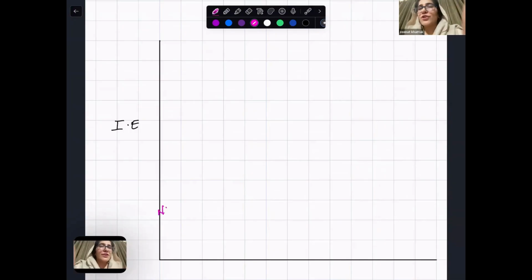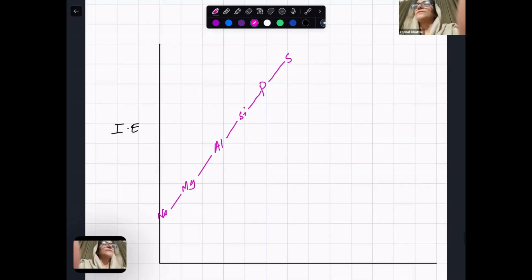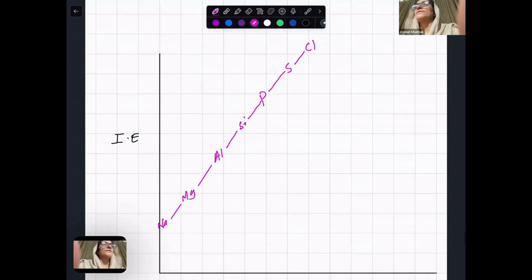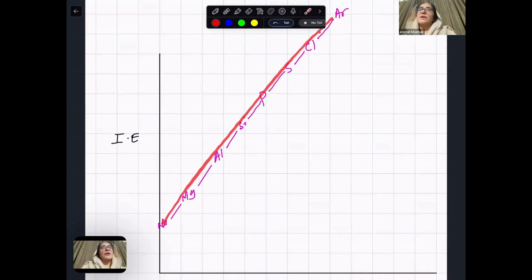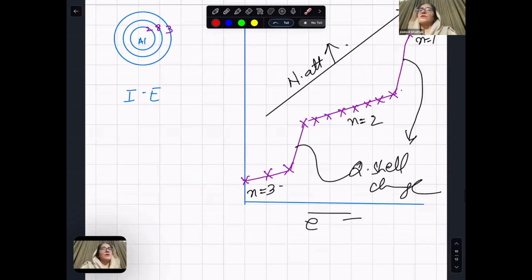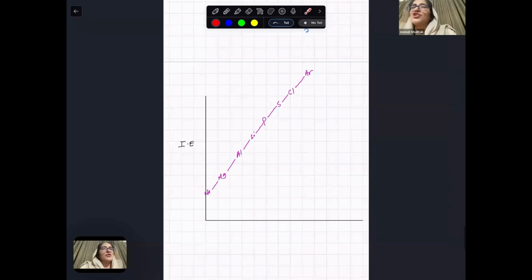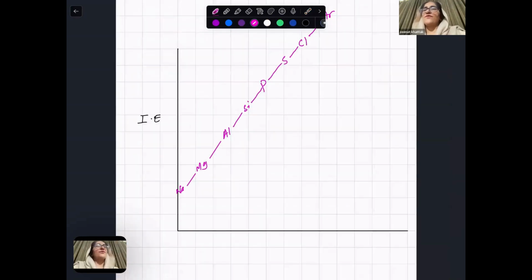The general trend is sodium to magnesium to aluminium to silicon to phosphorus across a period, sulfur, chlorine, and argon. The general trend is increased. Why? Because the size is getting smaller. I have not shown the size across a period. Across a period, the size is getting smaller. Across a period, the general trend is what? Increase. Now, if we look at the configuration,